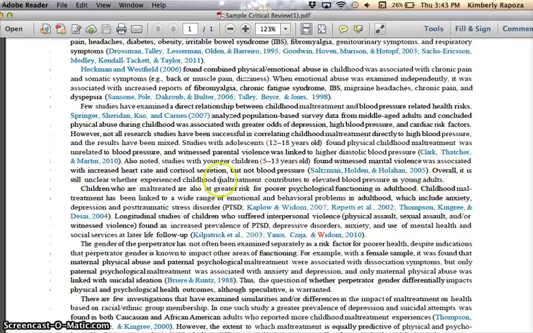So this is where I'm making some kind of inference, right? I'm looking at all the facts and I'm saying to the reader, this is what was found. But of course, it's really setting myself up because I'm going to be doing a study with young adults. So I'm pointing out gaps in the literature, things that were not done, things that are missing that my study is going to fulfill. So study this as a template or example of how the literature review can be written.